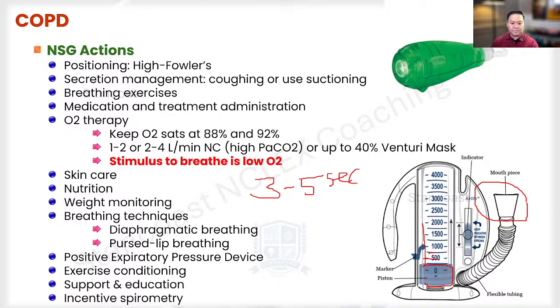Don't rush them into reaching that goal, like 2 liters. That is way too much. Our patient here has COPD. They already have trouble taking a deep breath. So be patient with them. Make sure that you gradually increase the goal. All right. Just telling you out there, because this is really the reality of these patients.